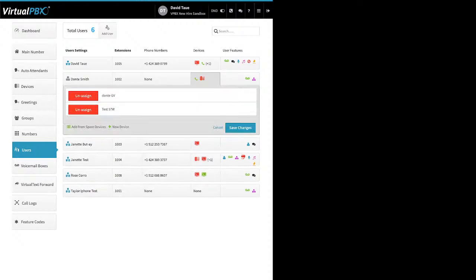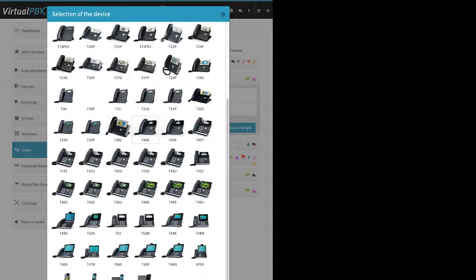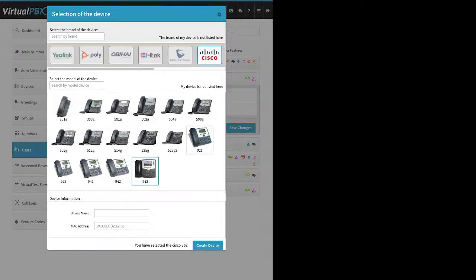Okay, next up on device on users is a device box where you can add new devices. The first is a SIP phone, right? That's that piece of hardware. You have these manufacturers to choose from. Some of them have a lot of phones, some of them have like a dozen. So find the make and model of the phone you want to work with, give it a name, and